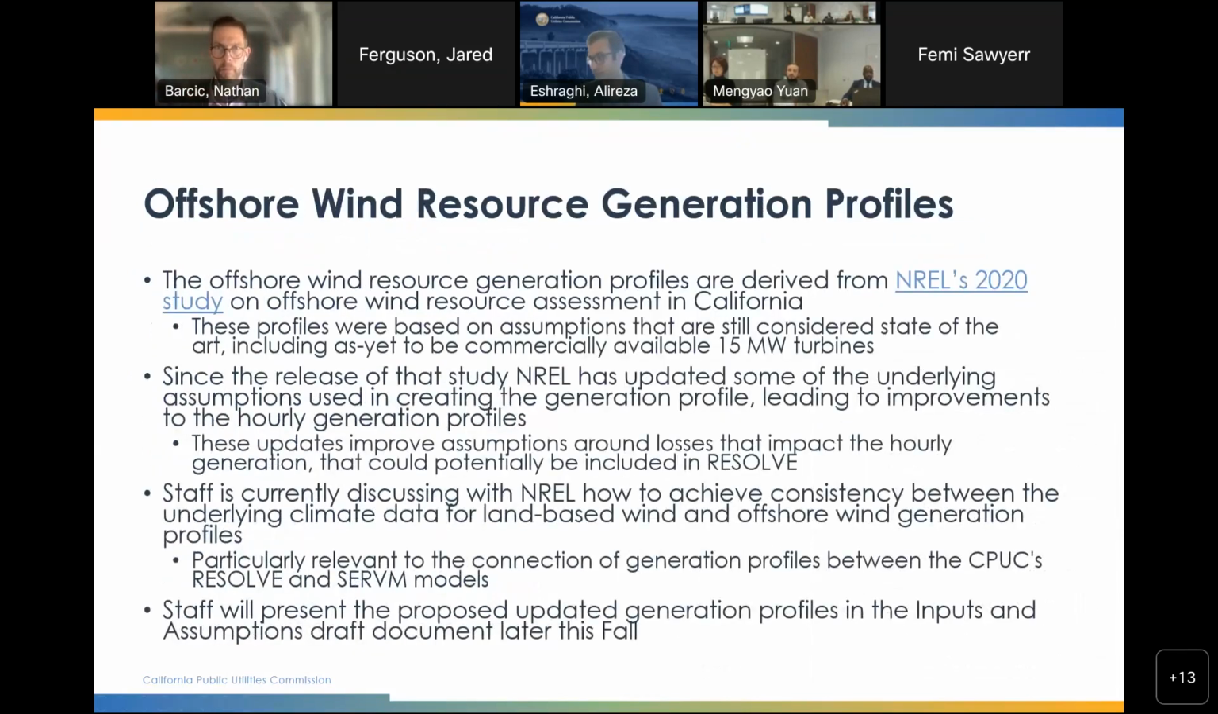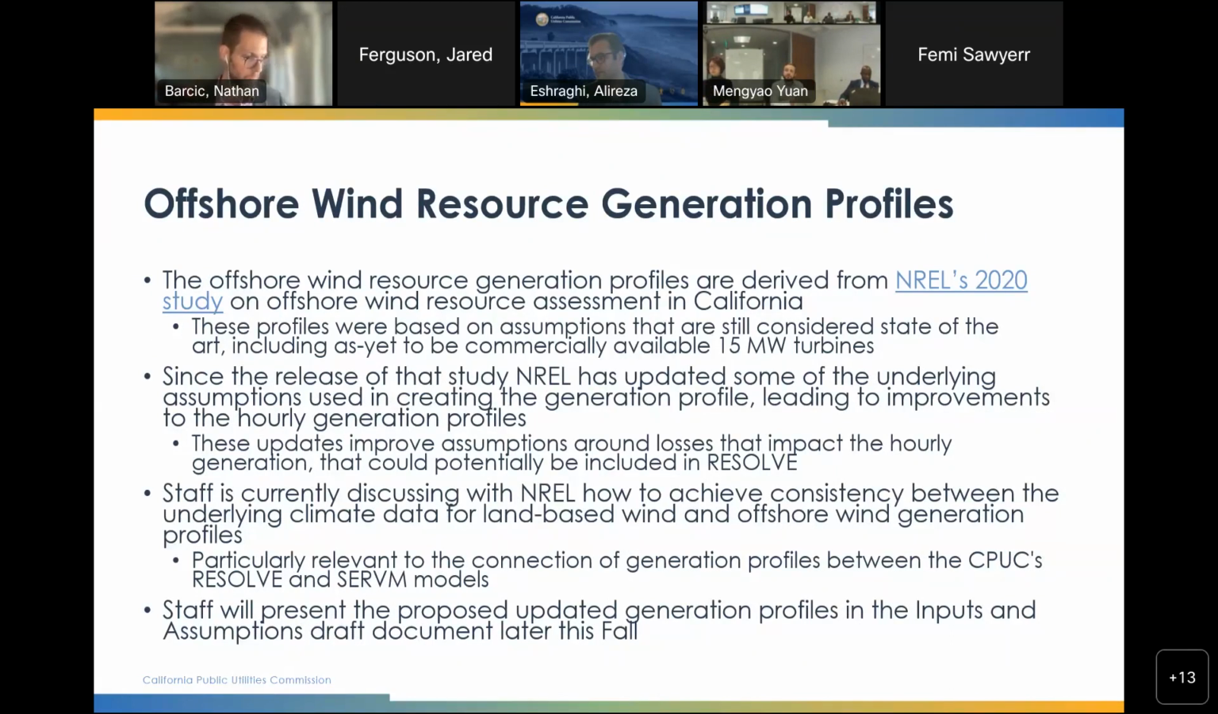So offshore wind resources are treated a little bit differently than our land-based ones that I was discussing previously. These are derived from, based on a lot of the input assumptions from NREL's 2020 study and the offshore wind resource assessment in California. And so these,